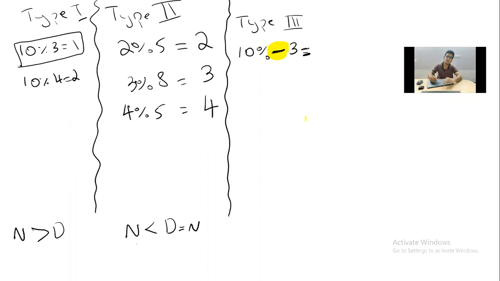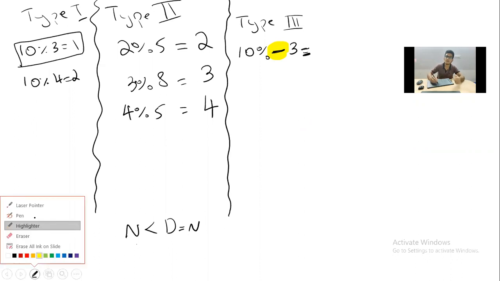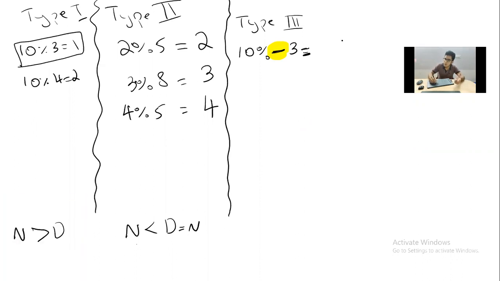Now, what is 10 mod 3? I'm ignoring the negative sign. After ignoring the negative sign, you have to see what's the result here. 10 mod 3 is 1. After writing this 1, you have to see what is the sign of the numerator. The numerator is plus. So plus 1 is the answer. This is so simple here.